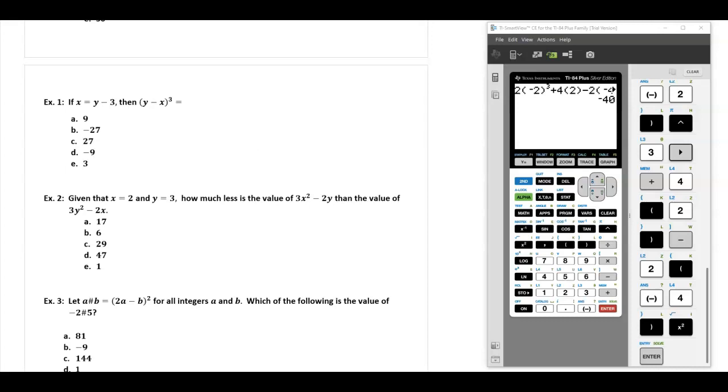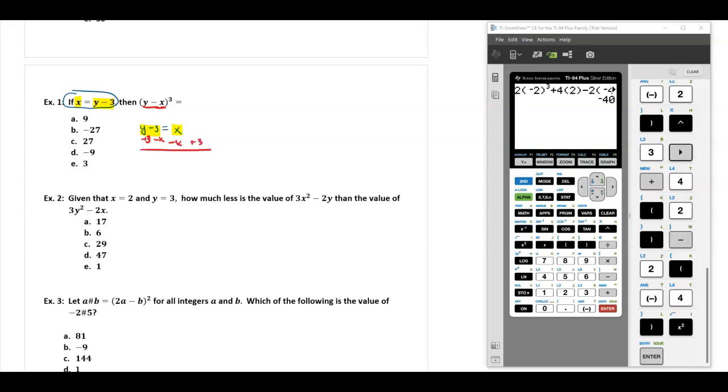But what I'm going to do is take this expression here and rewrite it as y minus 3 is equal to x. All I did was take the right side, copy it down, put my equal sign, then my left side. Now I'm going to make this y minus x equals something. Okay, how do I do that? Well, if I subtract x from both sides and I add 3 to both sides,